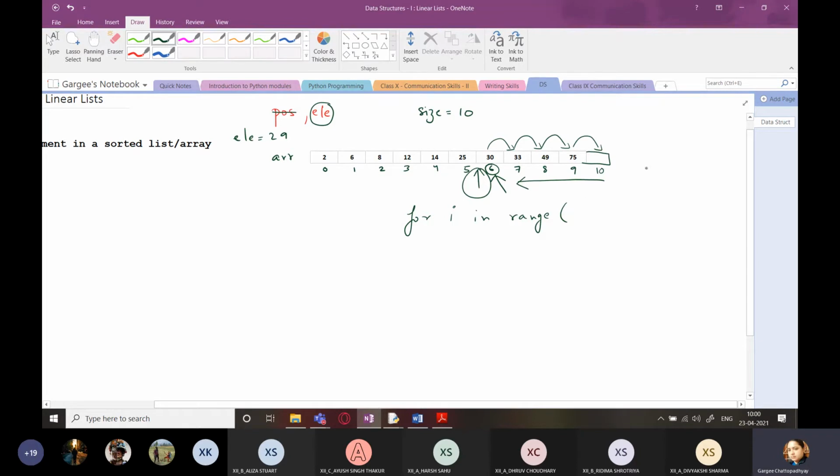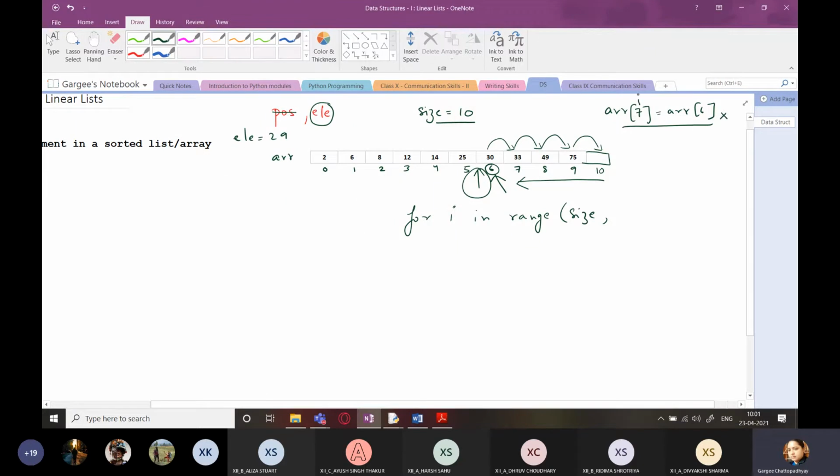So now we have to start from the last one. Already size is 10. So I'll write size. I'll start from size. And I have to move till the last iteration is going to be this: ARR 7 equals ARR 6. That is, the element at the 6th index will move to the 7th index. यहीं पे मुझे stop करना है.